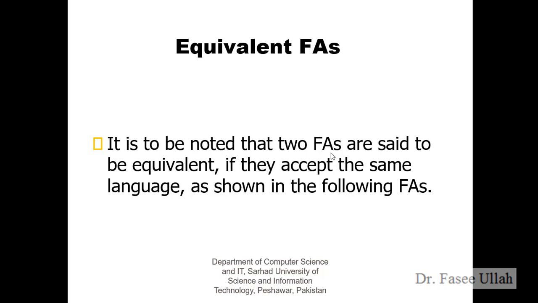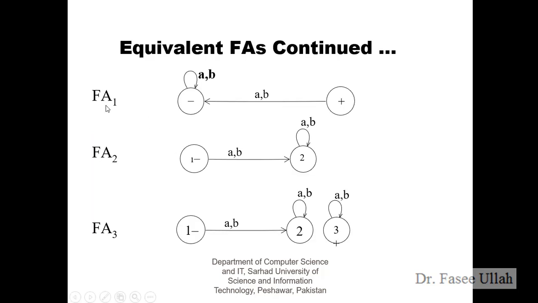Now we have equivalent finite automata, right? Over here we have to note that two finite automata are said to be equivalent if they accept the same language, right? So we have some examples of finite automata 1, 2 and 3, which show the equivalency. I have discussed this from the previous slide. In this we have the initial state, but we do not have the final state, right? So we can pass any value, but it will not reach a final state. Same for finite automata 3. Over here we can see we have the initial state and we have the final state, this one, the 3, right?